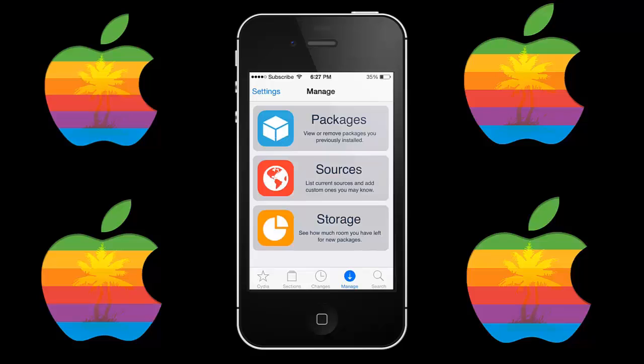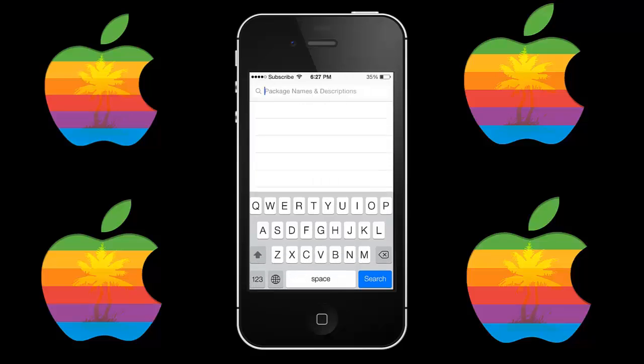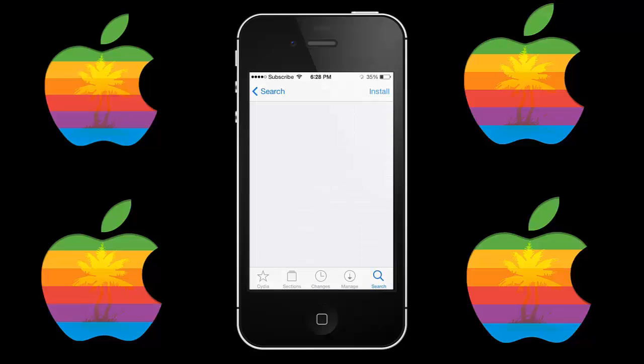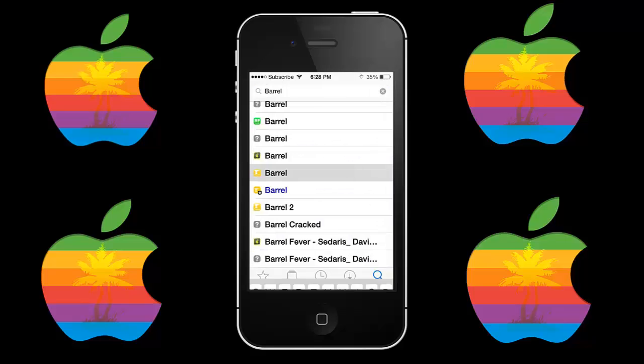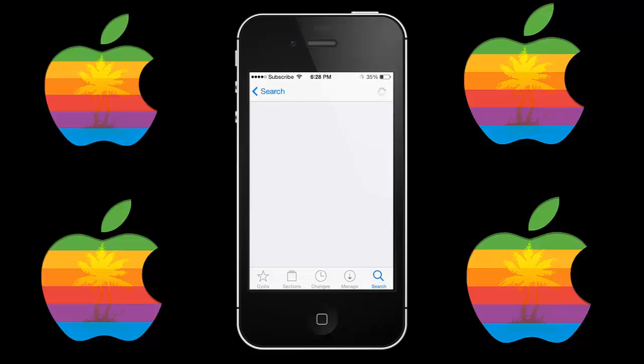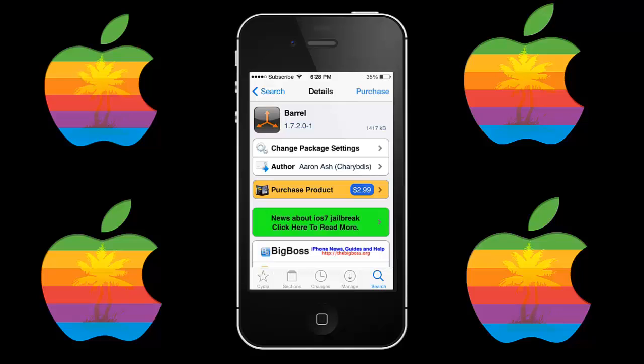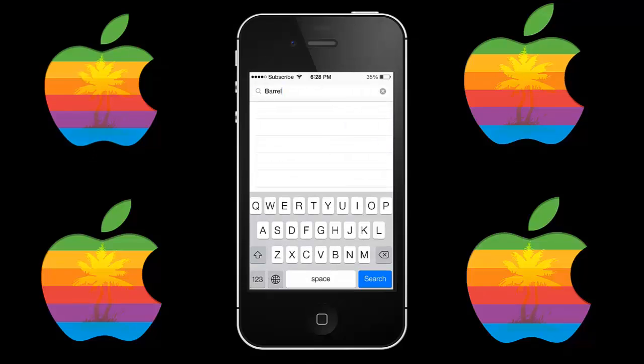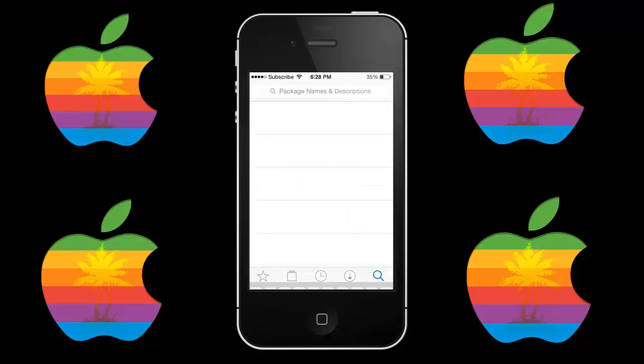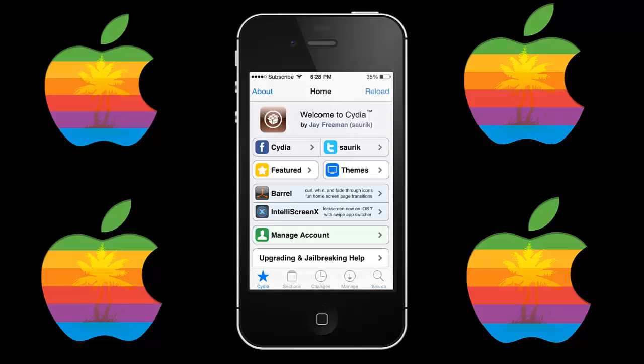So for the final tab we're going to go in here is search. So this is where you search for things, like if you want a specific tweak like Barrel, you would type it in, and if it's blue here, that means it's paid for. If it's not blue, it means it's not paid for. Let's click on this here. It says install, top right. If you go back and you click the blue one right here, it says purchase. It's loading right now, but it says purchase product $2.99, and it says purchase right there. So I like to get things for free, but I recommend that you go and get it paid for because that shows your support towards it. So that's the search. Now basically that's all to Cydia, unless you're going to install a couple of things,